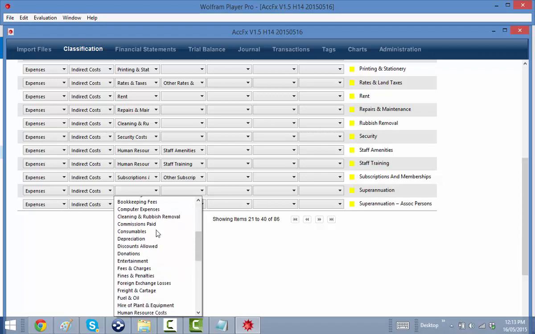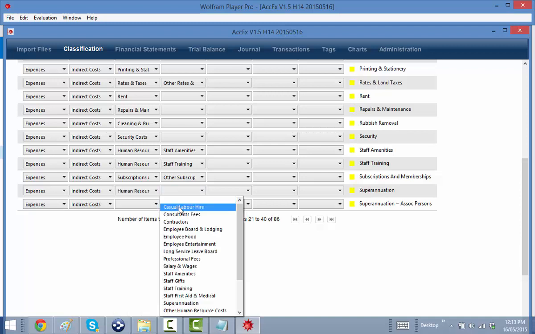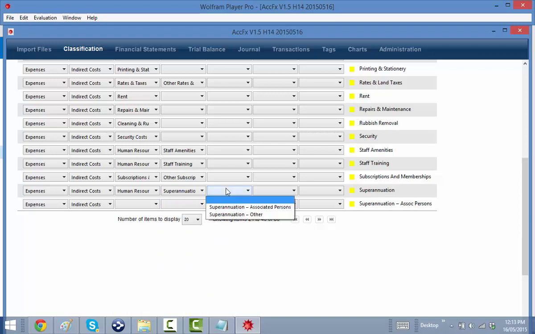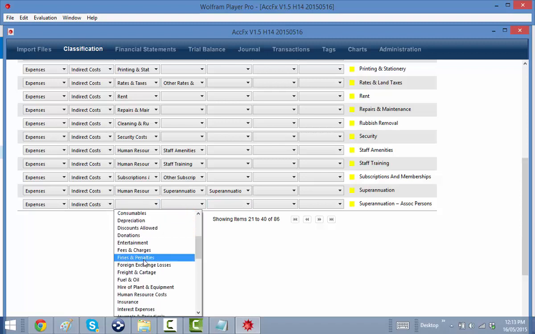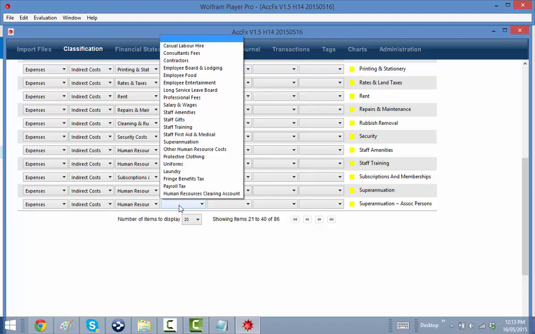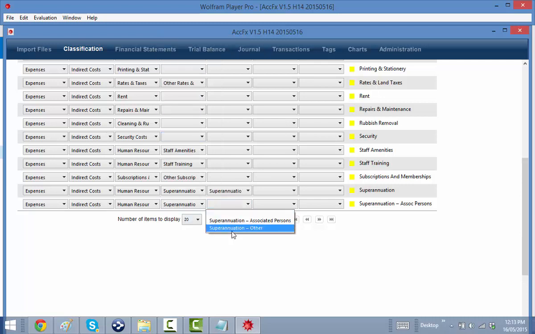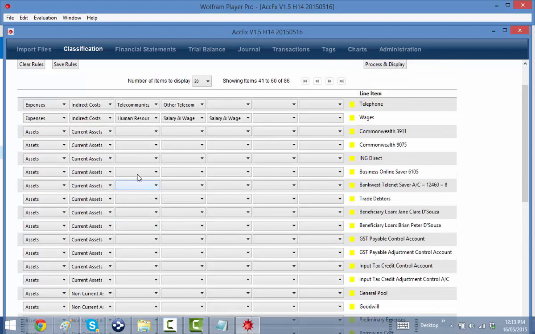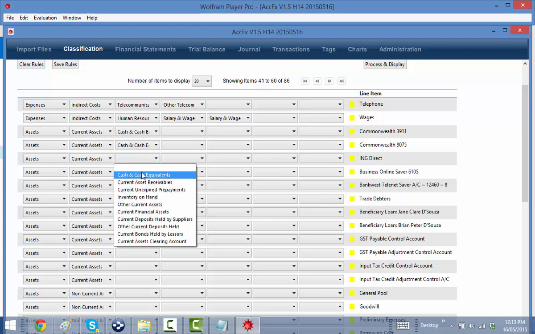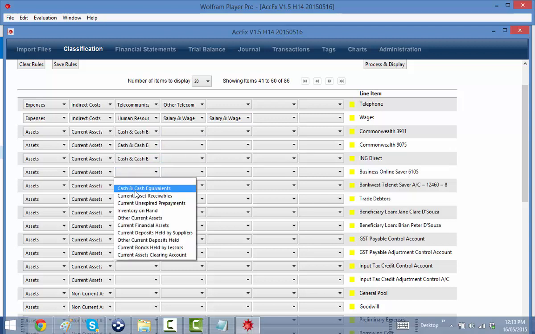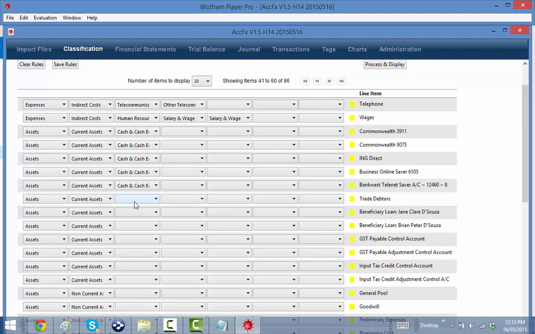We're now down to super, once again human resource costs, superannuation, and we don't know if it's probably, we can see super associated. So once again human resource costs, superannuation and associated persons. Telecommunications, so we did those ones, and now we're into the bank account stuff. So I'm just doing it like that when I see a whole range of bank accounts,